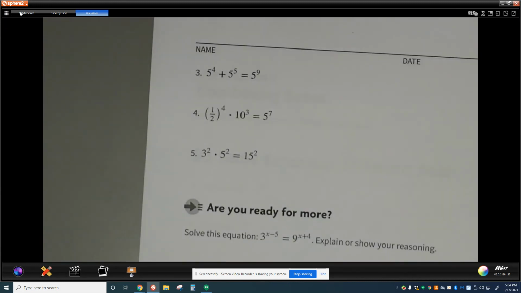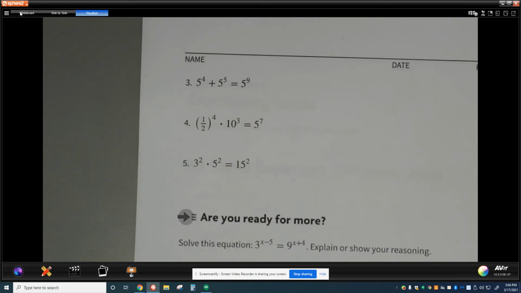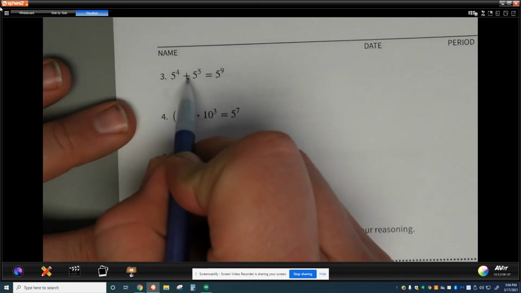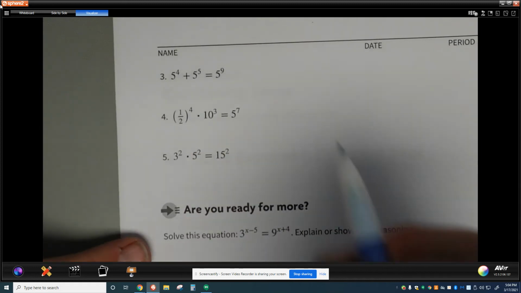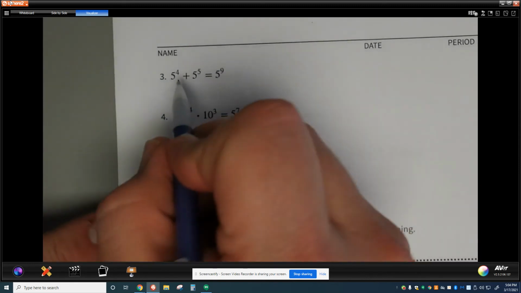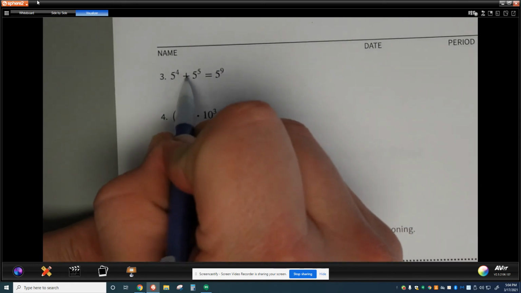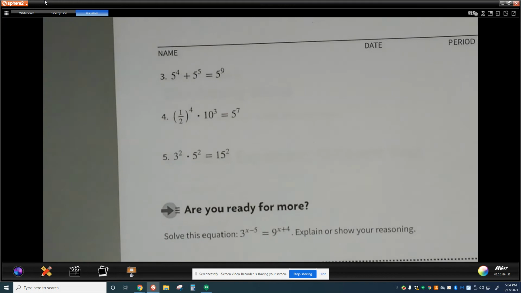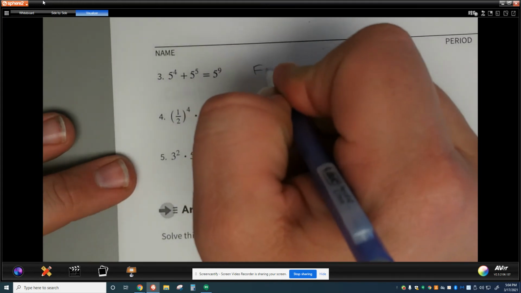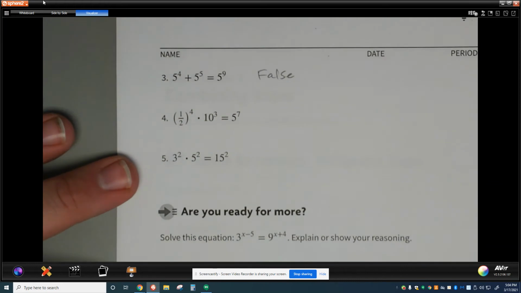Looking at this next one, number 3, 5 to the 4th power plus 5 to the 5th power is equal to 5 to the 9th power. That one again, they're trying to trick us. First thing I see is if this was a product of powers, this would be super easy to go with. But since it's not, this is going to be a false statement. I know that because